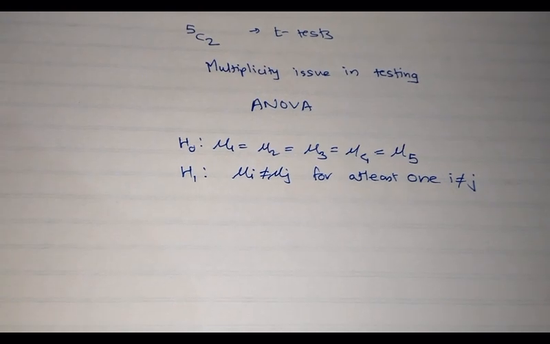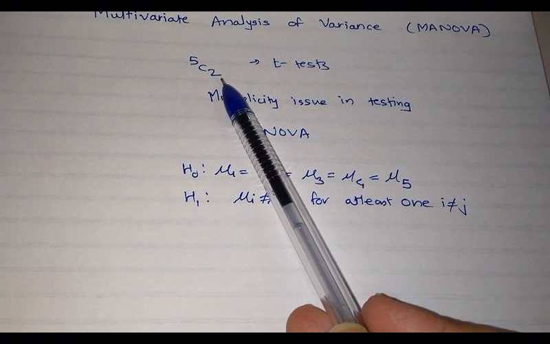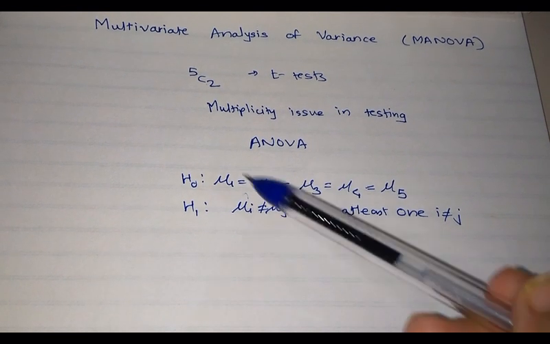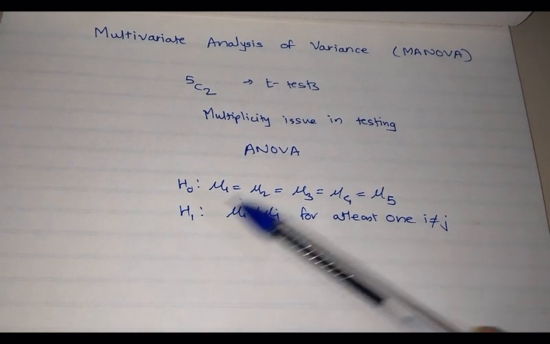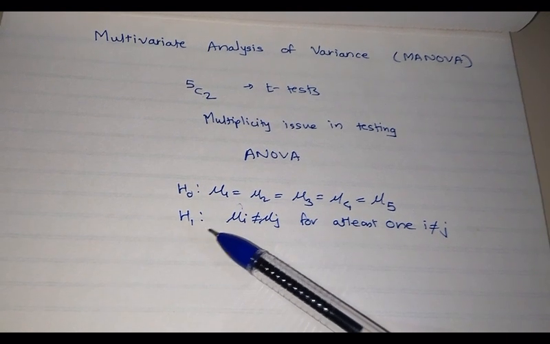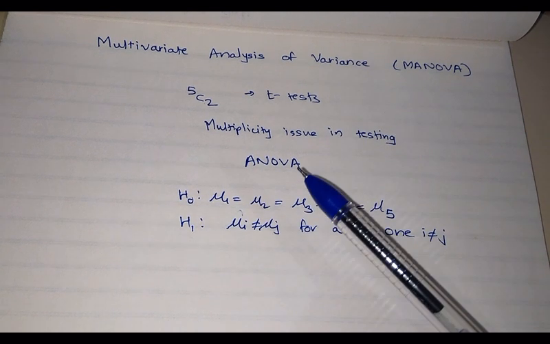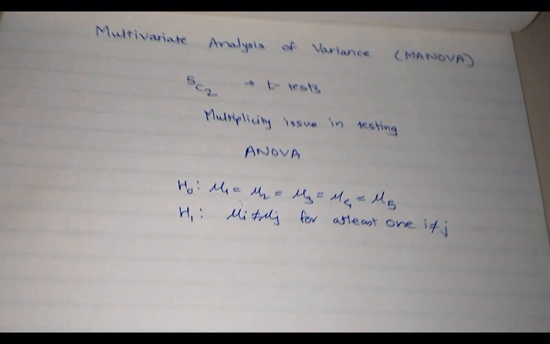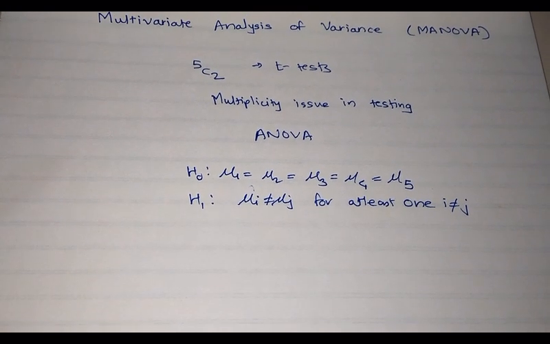Okay. So this is what ANOVA does in the univariate setup, and whatever can be done by 5 choose 2 tests, ANOVA tries to do by one single test. If the H0 gets accepted, then you don't have to worry about anything. If H0 gets rejected, then it would mean that at least one of the means is different. Then you may want to look, by conducting t-tests or some such tests known as post hoc tests, at which means are exactly different and which means are the same.